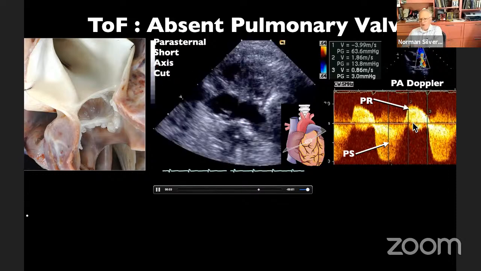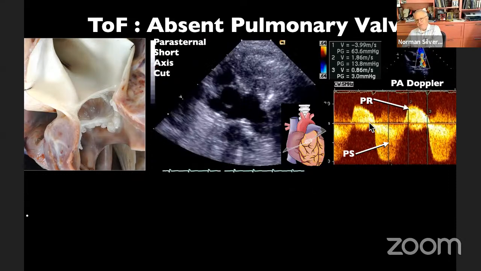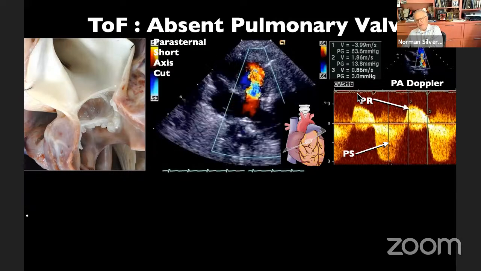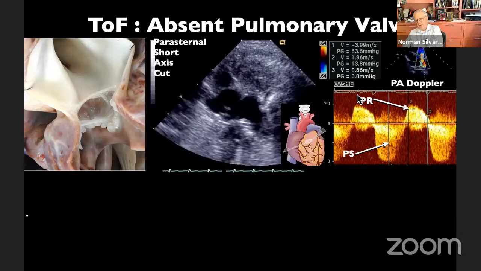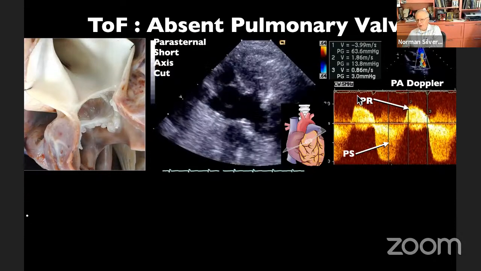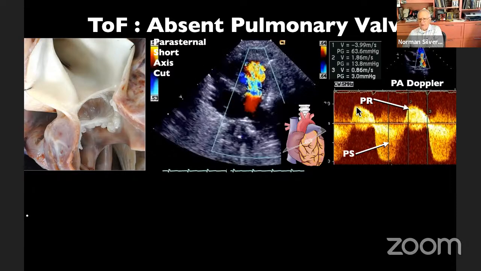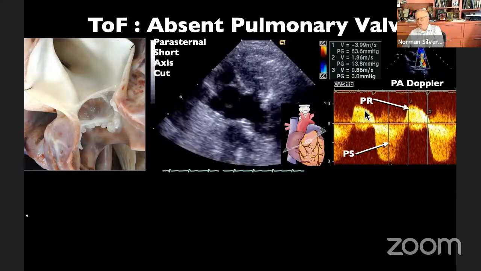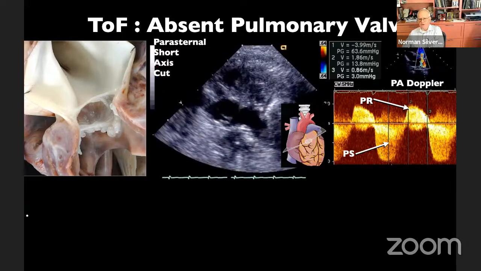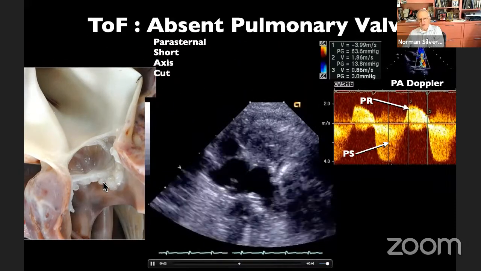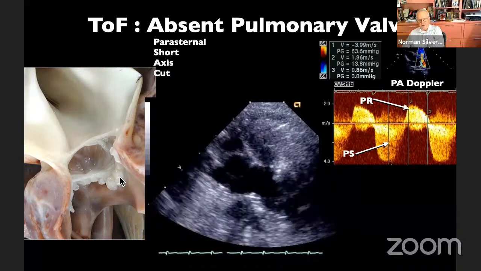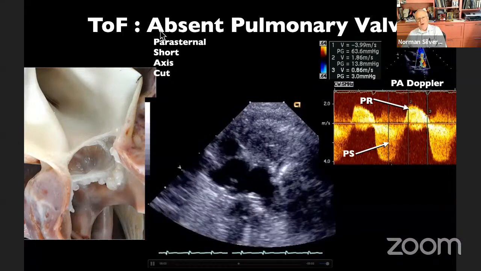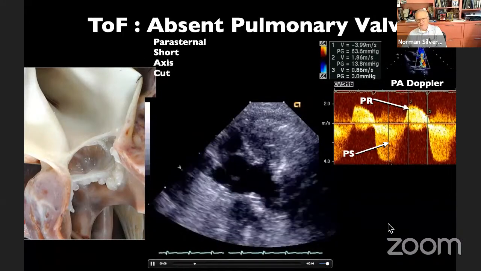And I put this on here just for a reason, to show that in the fetus, the pulmonary insufficiency is much higher in velocity because of the restriction of flow in the resistance vessels of the pulmonary circulation. But after oxygen is given, the pulmonary insufficiency decreases because the vascular resistance is lower. So you see those features that are present there. And once again, a beautiful look at this concept that you should now have of what is supposedly an absent pulmonary valve. And I think the title should be in inverted commas.